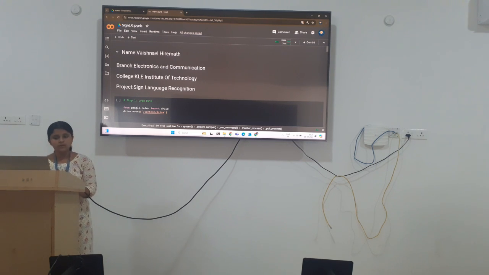My project is on Sign Language Recognition using AIML. Objectives of Sign Language Recognition are: it facilitates the communication between the impaired person and a normal person, it increases accessibility, it promotes inclusivity and enhances user experience, gives real-time solutions, and also it utilizes machine learning. So the first step to start this project is to load the data from Google Colab by importing